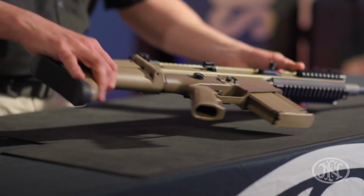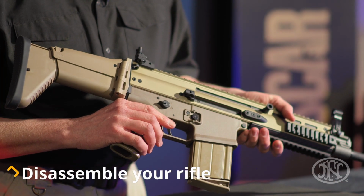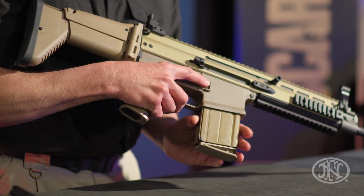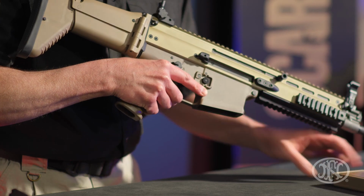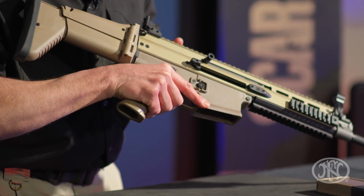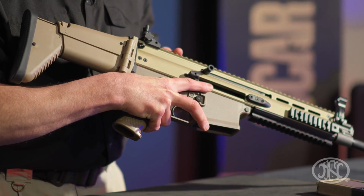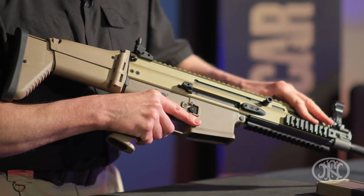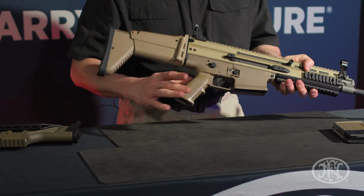So to disassemble your rifle to install the SSR rear stock, first we need to make sure it's on safe, remove the magazine, pull the charging handle to the rear so you can inspect the chamber to make sure it is completely clear of any ammunition. Allow the charging handle to go back forward, and then we're going to remove first the trigger